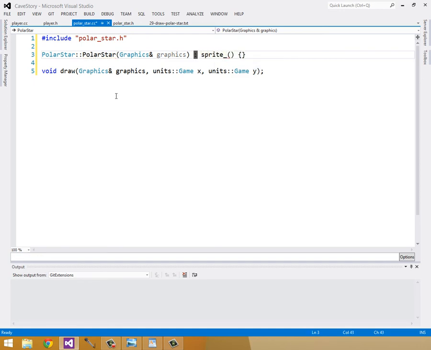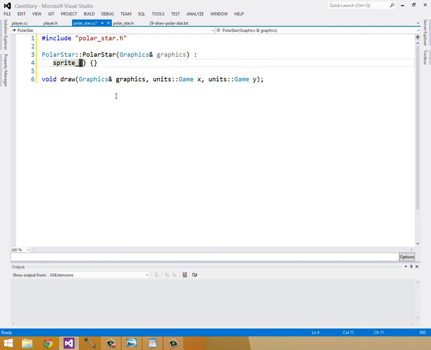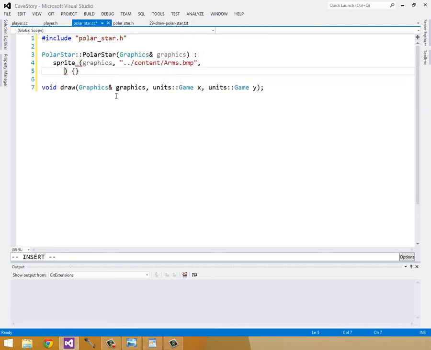So what are we going to initialize our sprite with? It's going to be this arms.bitmap, so /content/arms.bitmap. And we also need to pass it the graphics first of all. And then where is it at? It is at,